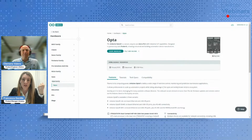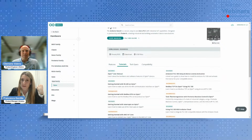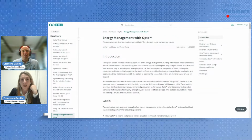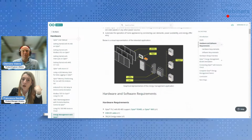Except from that, or let's say on top of that, we also have the tutorials. The tutorials are some projects that are meant to be even a bit more realistic. So like, for example, we can take as an example the energy management project. And they are representing almost real use cases that are explaining how to use the product's functionalities in a somewhat similar to reality user